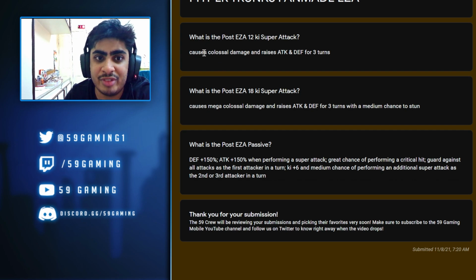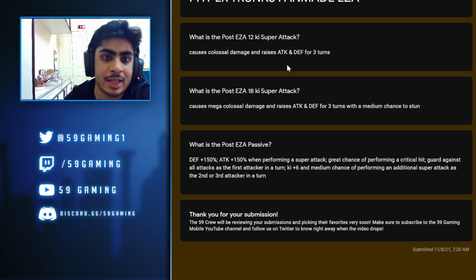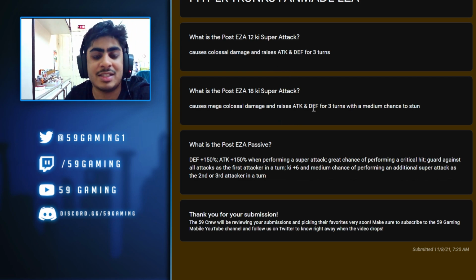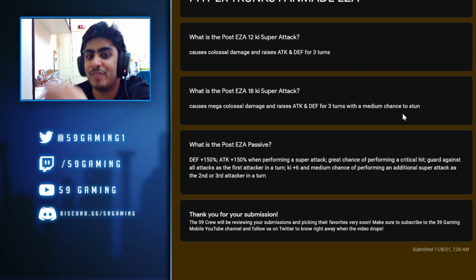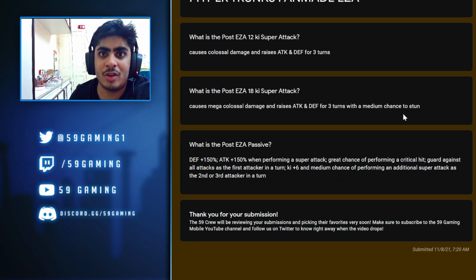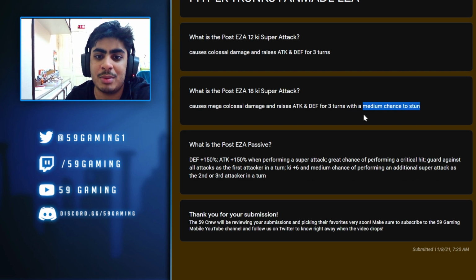But he's given, or they have given, a post-Eza 12 key super attack of causes colossal damage and raises attack and defense for 3 turns. I like that. And his post 18 key is attack and defense for 3 turns, but also he has a medium chance to stun, which is very nice. I really like this. Obviously it fixes some of his defense issues as well as his attack issues. Obviously being an LR Eza, he doesn't get a stats boost, so any way possible, it's good. So this is the good way to do it, and he obviously gets that medium chance to stun on his